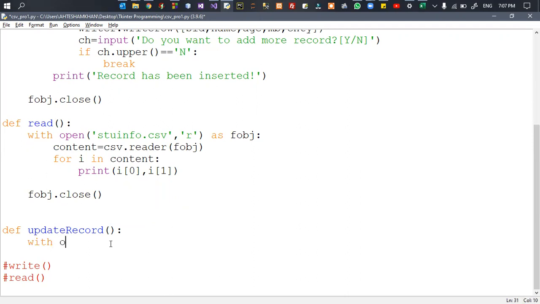With the open function, write the file name. Our file name is studinfo.csv, right? Pass the mode in which you want to open your file. Now, using the as keyword, create a short name or an alias of that file. Suppose that FOBJ,